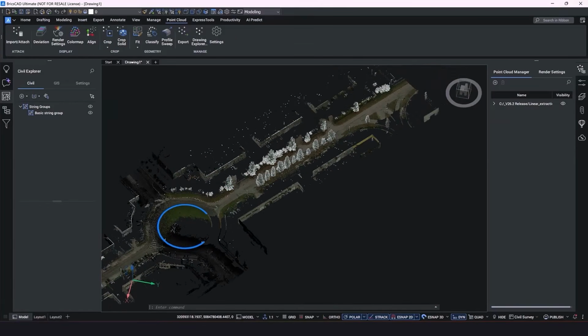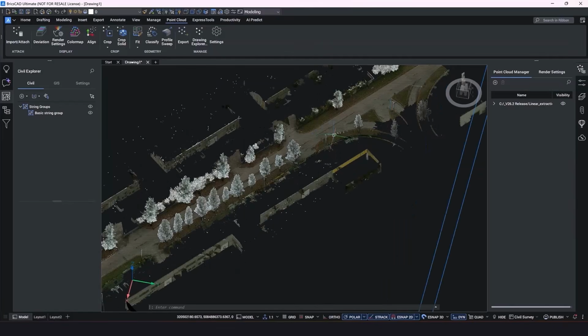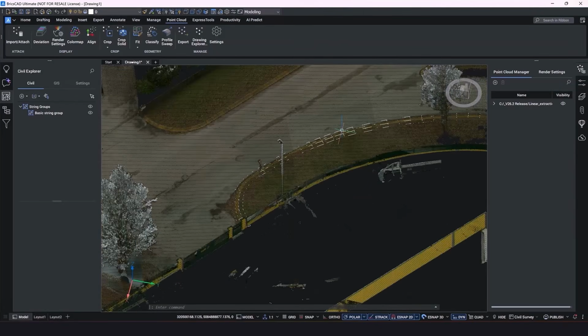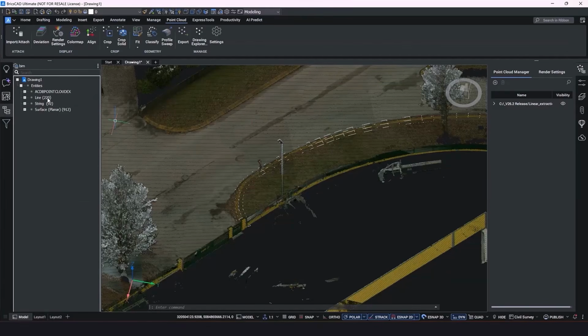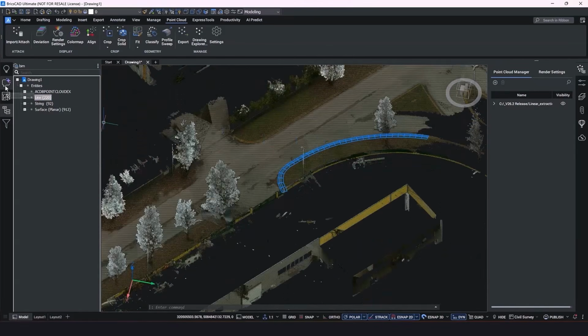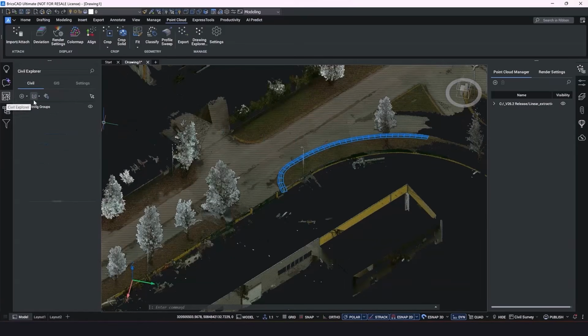Let's head back to our lines over here. Here they are. So if we select them in our structure browser, there they are. Can I create a tin surface from those? I absolutely can. So let's hit tin surface.